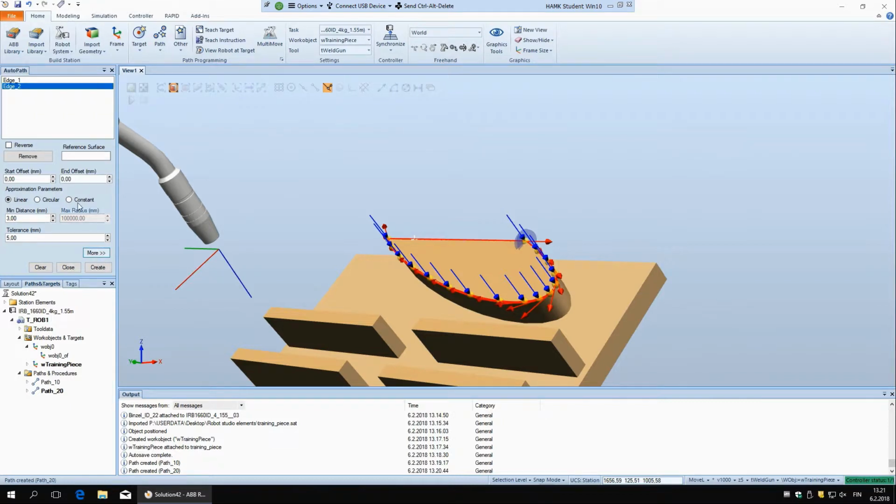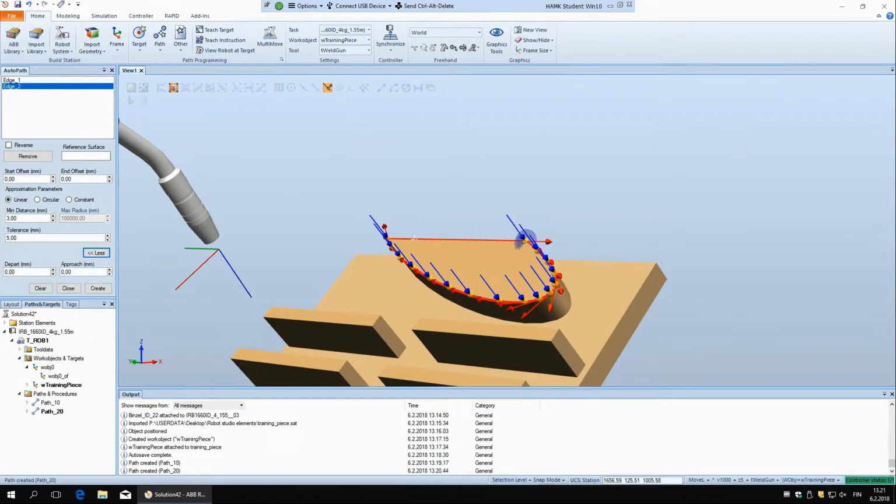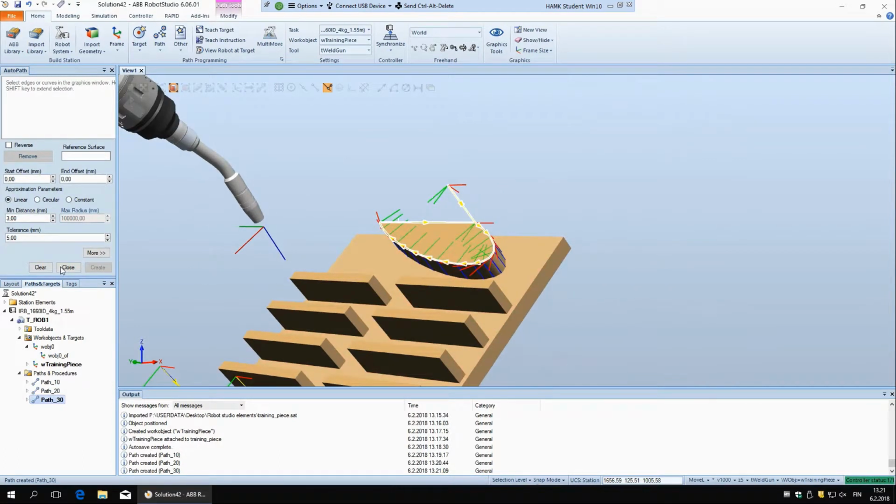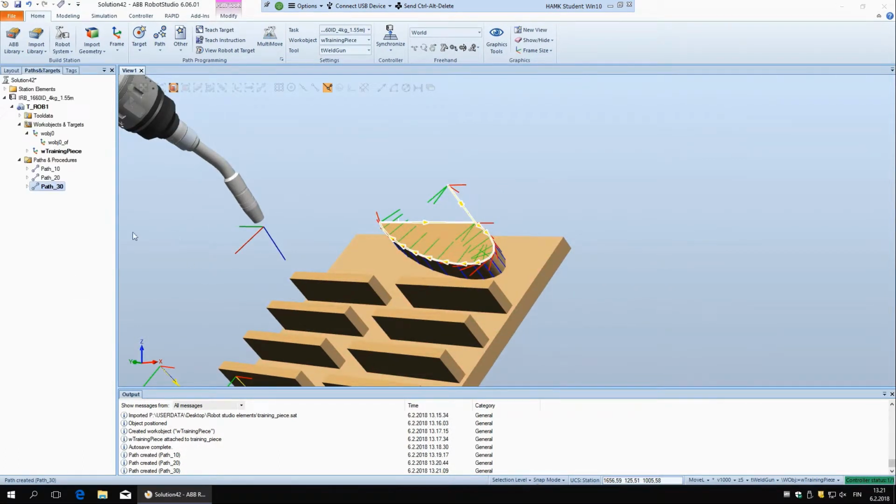And let's leave that, but still again here approach and depart and create. Okay, we have some paths. We can close the auto path, and now